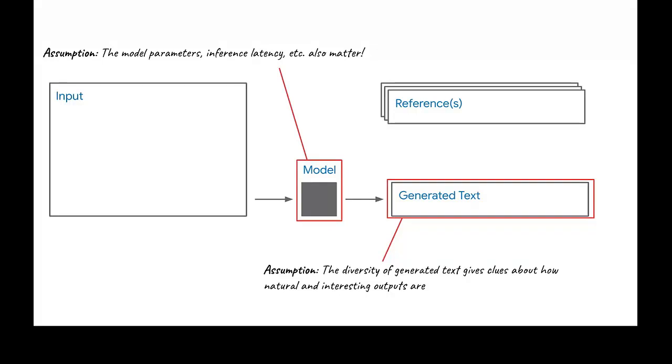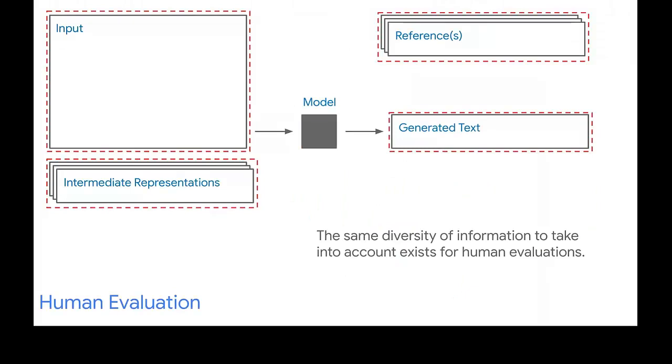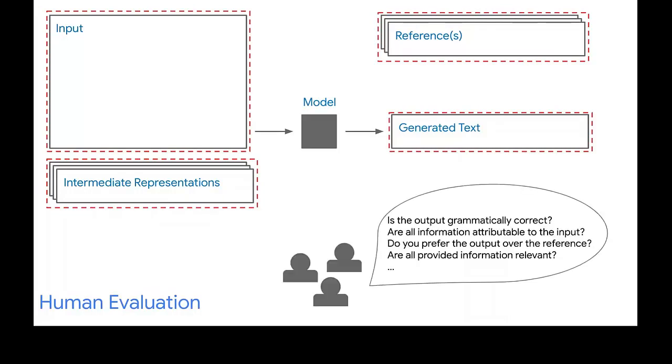All right, moving over to human evaluation. The way that it works is usually we show some information, out of all of the different types of information we can generate, to people and ask the people some kind of question. The people here might refer to expert linguists, they might be untrained crowd raters, or they might be authors themselves. And the question space here is basically equivalent to what we want to measure in terms of quality of our system. We could ask whether the output is grammatically correct. We could ask whether the information is fully attributable to the input, and many, many more.